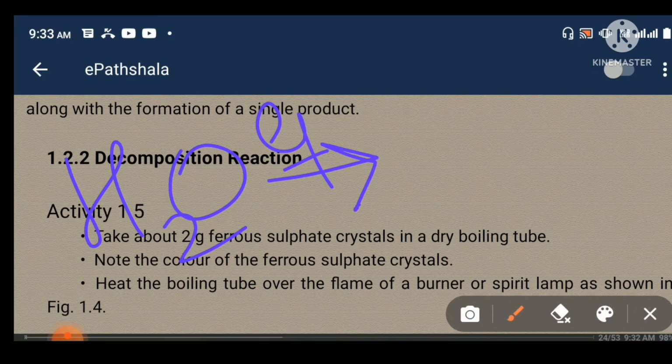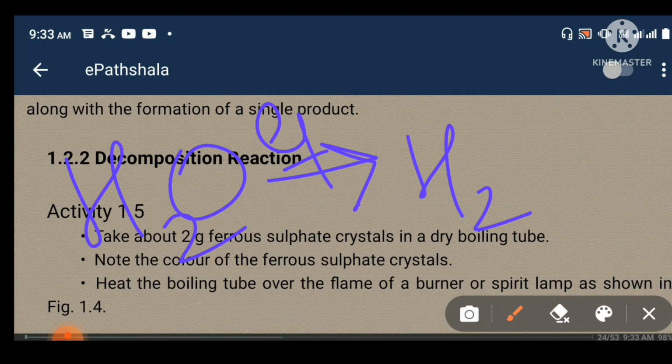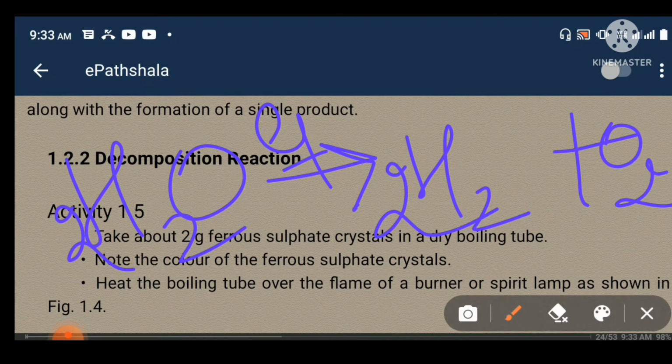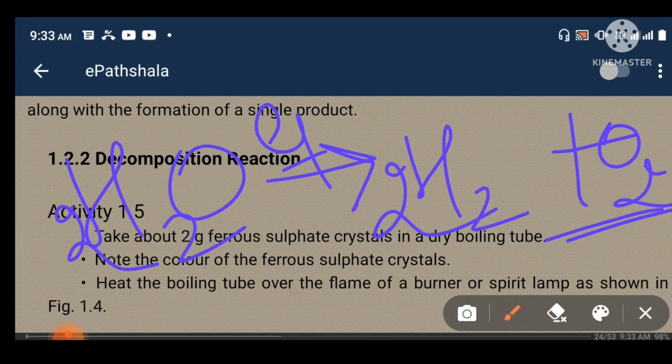When water undergoes electrolysis, it forms hydrogen and oxygen. 2, 4, 4, 2. Okay. So see here, in this decomposition reaction, a single compound, water, splits up to form two simpler substances, that is